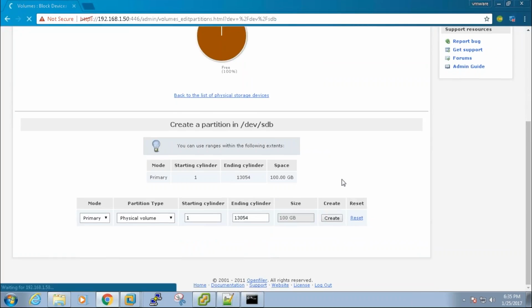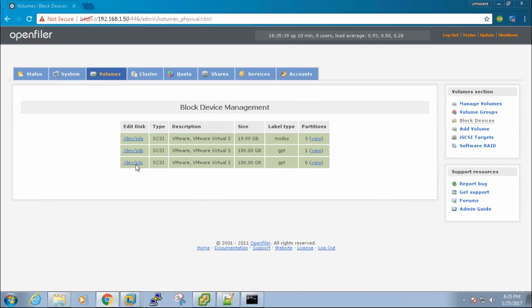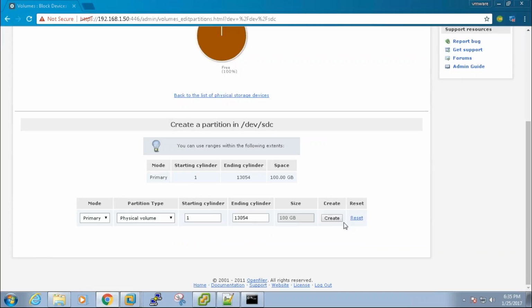So I'm just creating them as physical volumes here. I've got one more 100 GB. That is also going to be a physical volume, if you see. Now I've created two physical volumes at operating system level. From there,